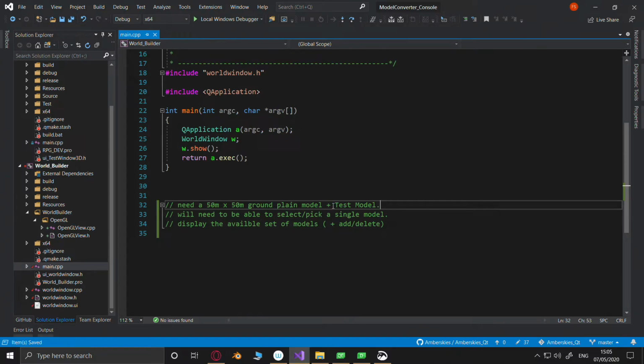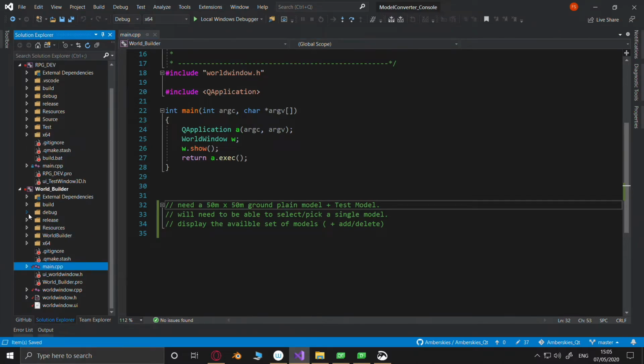I think I've gone far enough on this without actually starting it now, because we haven't got a model to load. There's no point in me putting a model loader in there, because all the model loader is going to do is read the text file and the map file, our defaults.